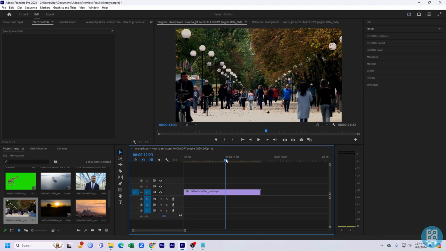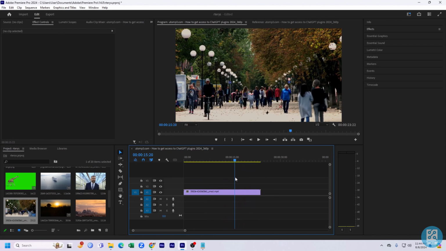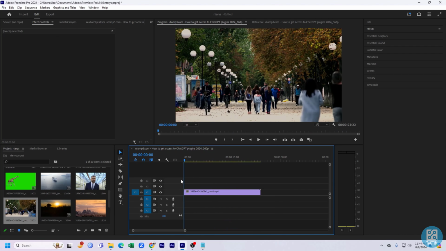In this video, I'm gonna show you how you can record voiceover in Adobe Premiere Pro. So guys, to record voiceover in Adobe Premiere Pro, you need to just click on this mic icon. As you can see here, it says voiceover record. You need to just click any of these, and if you don't find this option, just right click here in